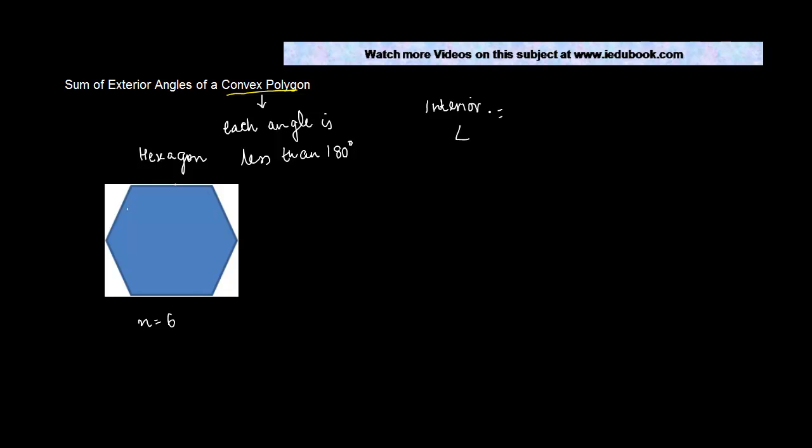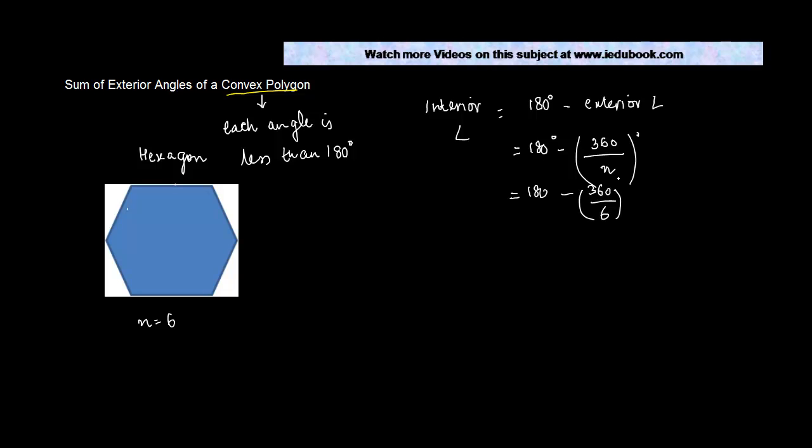we know that an interior angle basically is equal to what? 180 degree minus exterior angle. 180 degree minus exterior angle we know is how much? 360 upon n degree, or 180 minus 360 upon 6 degree, right? So we get 180 minus 360 divided by 6 is 60 degree, 120 degree,